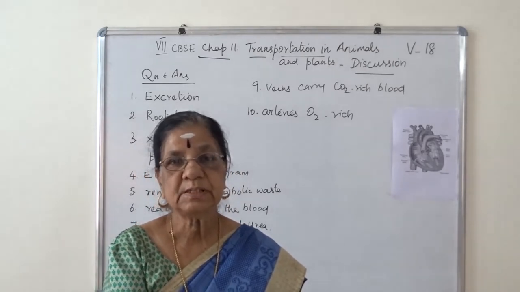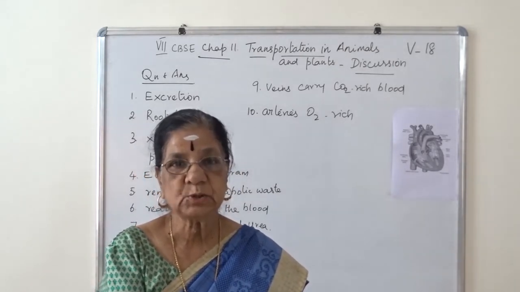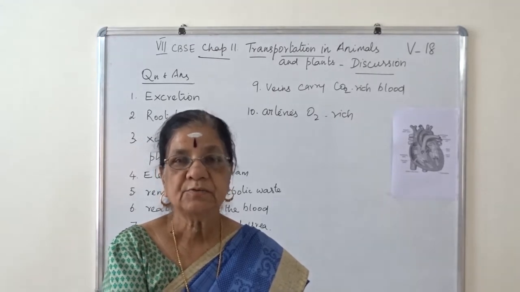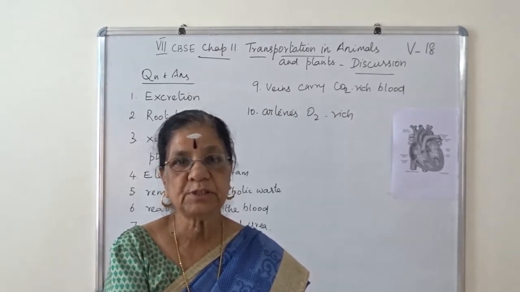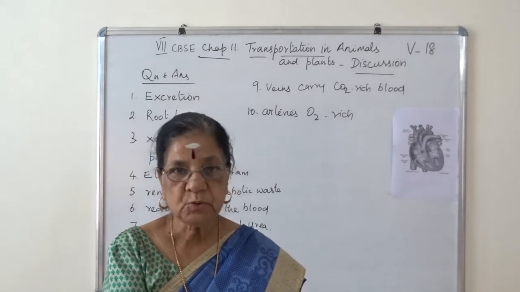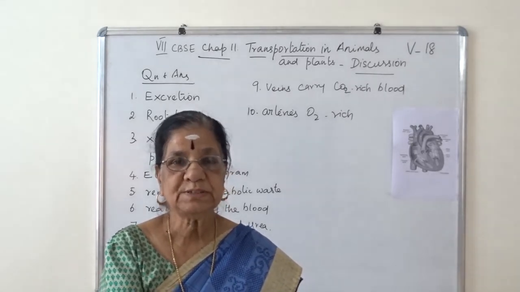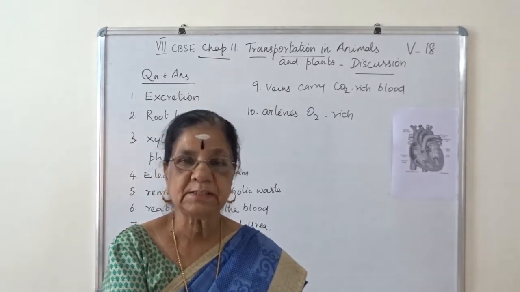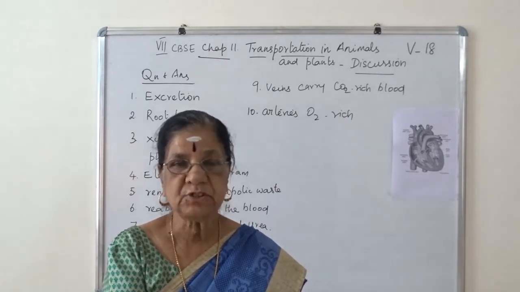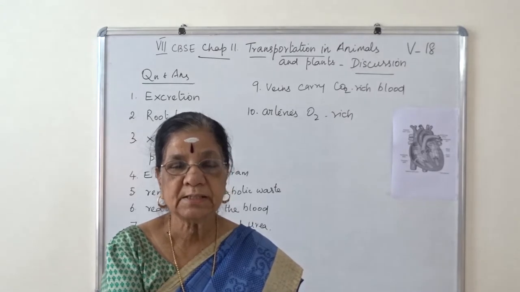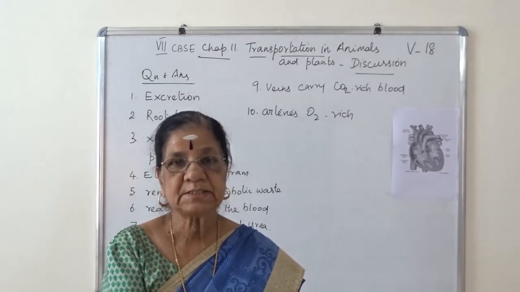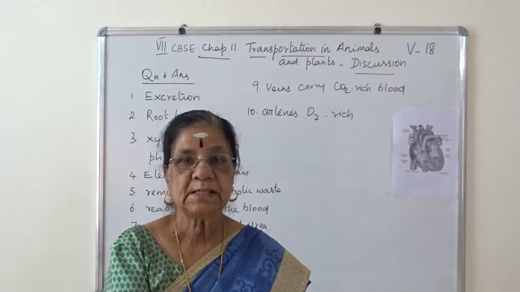The circulatory system is the circulation of blood, which in turn transports all useful and harmful substances. When the useful substances are circulated, we get energy, and the harmful or excreted substances are eliminated